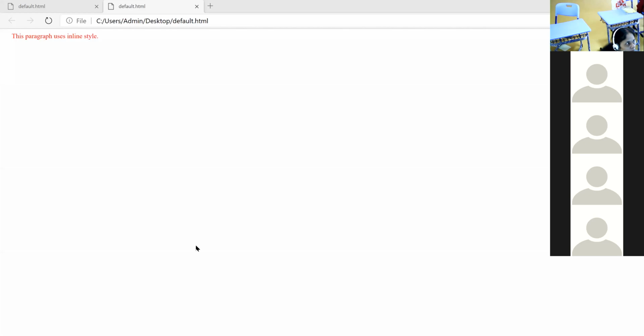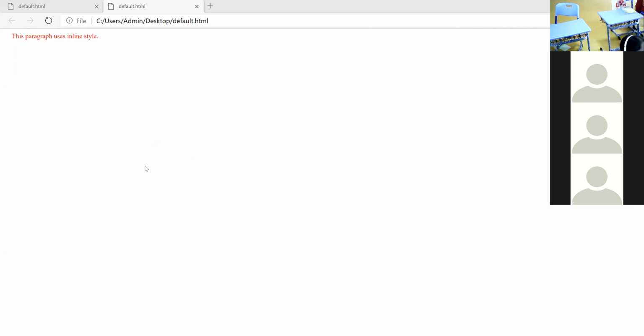How should we save it, .css or .html? The .css is only for external. This is just inline, so we only need .html. Saving is common, the same as in normal HTML documents. For external style sheets, we need one more extra file, that is the .css file. The remaining everything is the same for external also, except we have to create one extra CSS file.